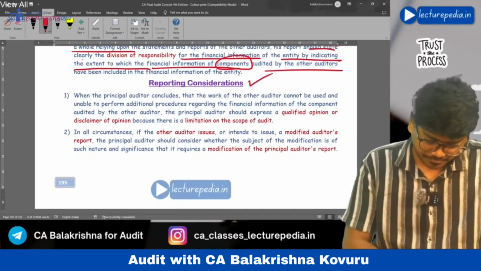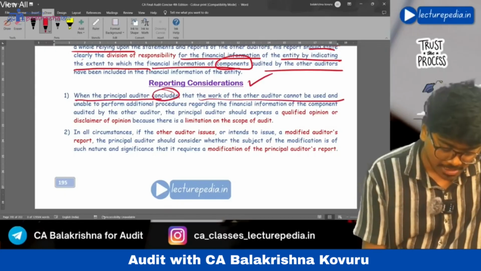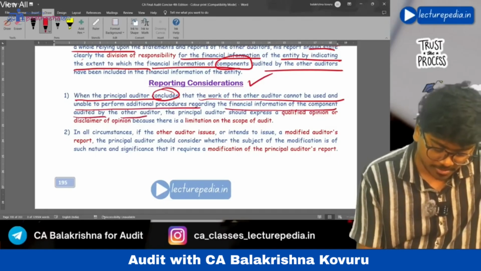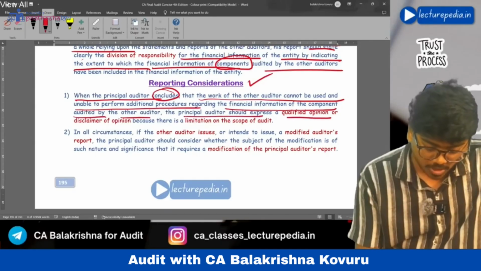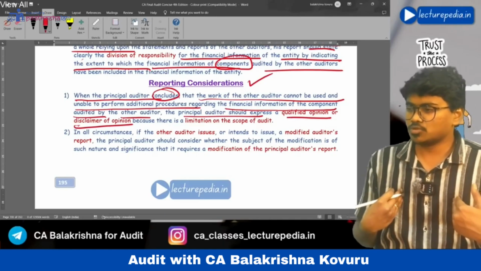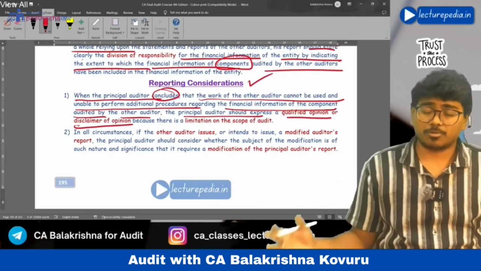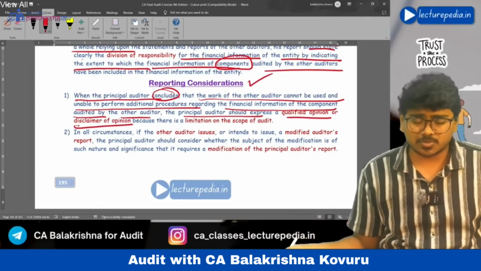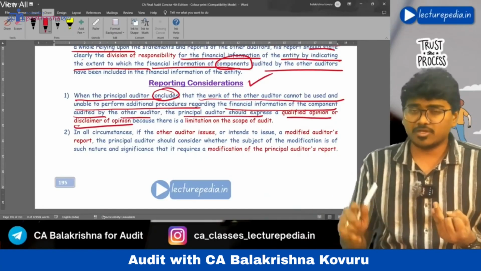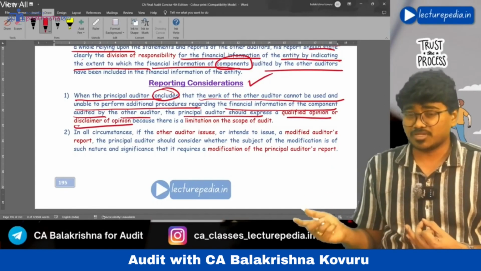Next, reporting considerations. When the principal auditor concludes that the work of the other auditor cannot be used and is unable to perform additional procedures regarding the financial information of the component audited by the other auditor, then the principal auditor should express a qualified opinion or a disclaimer of opinion. See, the principal auditor is not able to use the work of the other auditor, and also is not able to obtain audit evidence with respect to the component by performing alternate procedures. In this situation, he does not have audit evidence, and if the misstatement is material, he will give a qualified opinion. If the misstatements are material as well as pervasive, he will give a